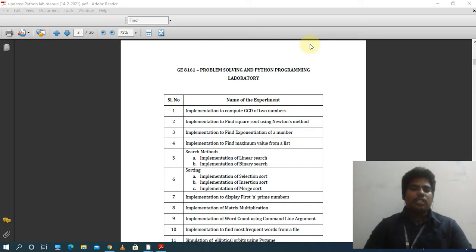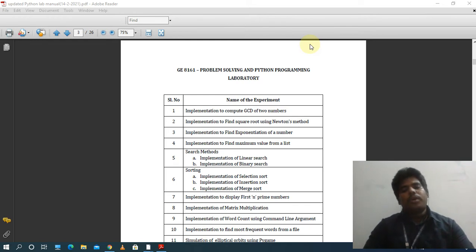The theory I already explained. All the operating systems have two modes. One is command mode, another one is GUI, graphical user interface mode, that is your mouse oriented mode. In the command mode, in Windows operating system we say it is the command prompt, CMD prompt. Through the commands we can operate the system. I can copy, I can cut, I can move the file, I can create a new folder. Through the command I can do all the operations that you are doing with the graphical user interface.